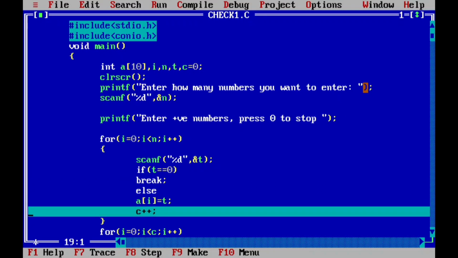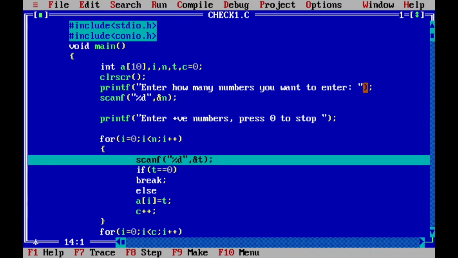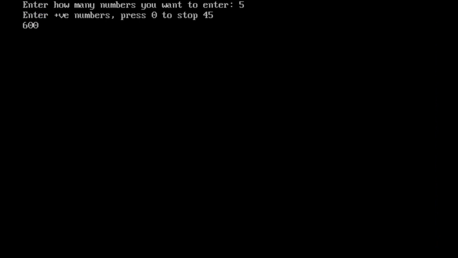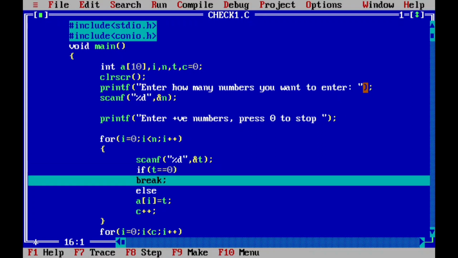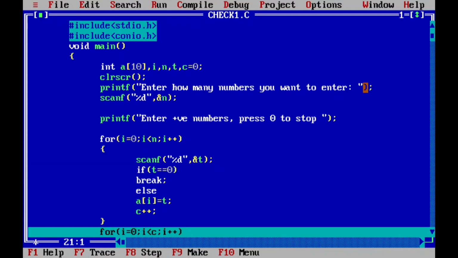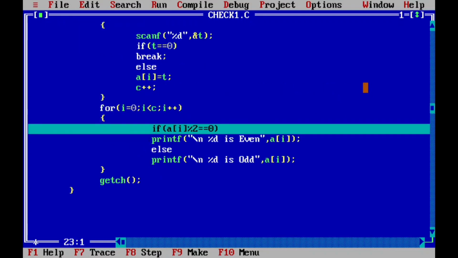Again F7. Now c is incremented. Now c value is 2. Again it is asking for one more value because I entered 5. So here now I want to enter a 0. t equal to 0, so the condition is satisfied. So the break statement is executed. Control comes to the outer for loop.